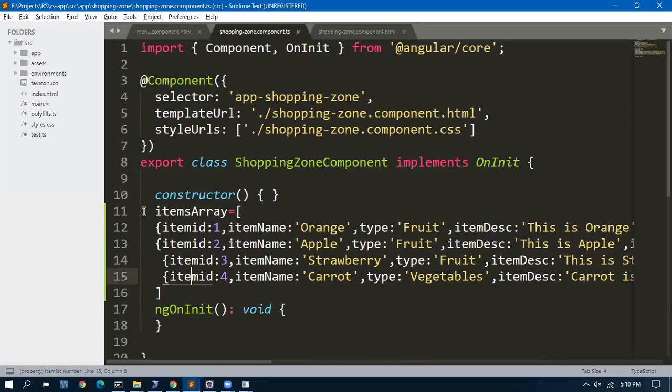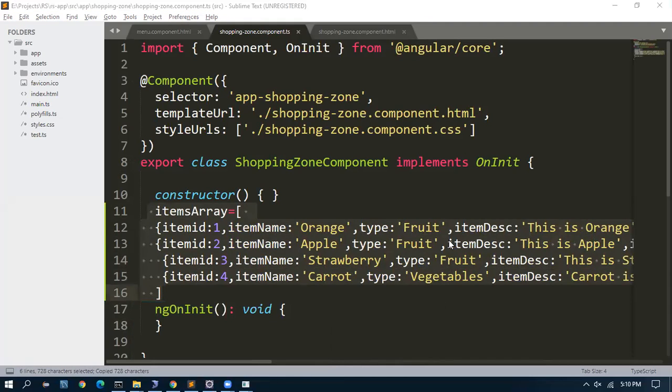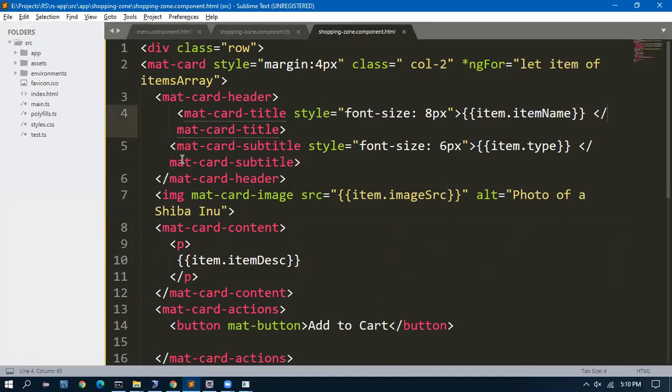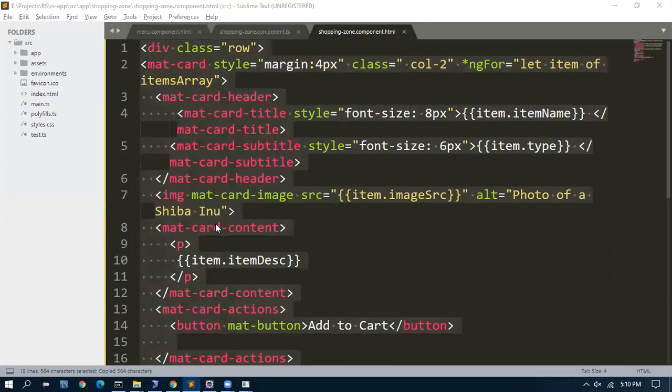Okay, so I will send this code. You can paste it or compare with your codes if it's not working. I sent the TS code in the chat, the array, and I have sent the HTML code also now.